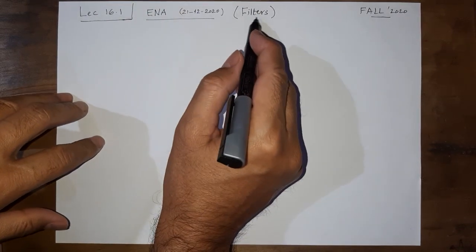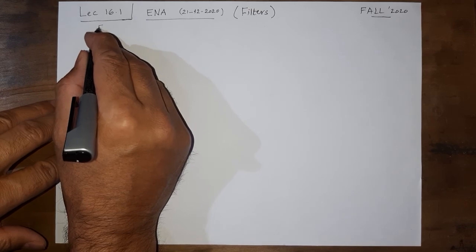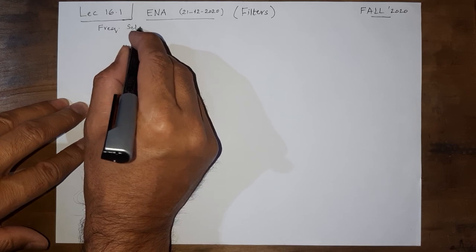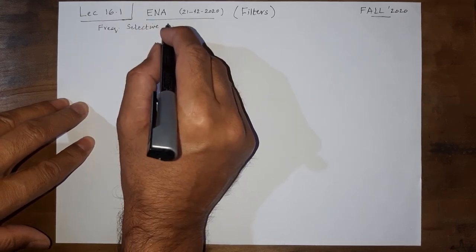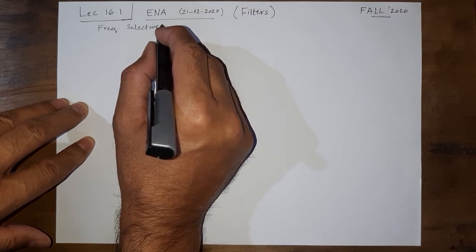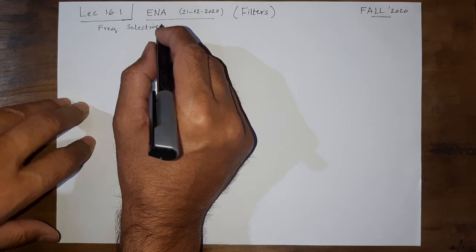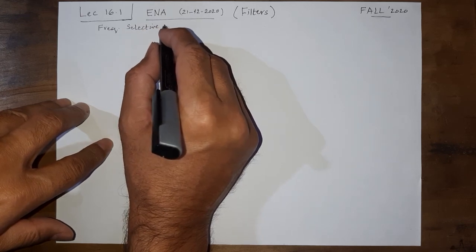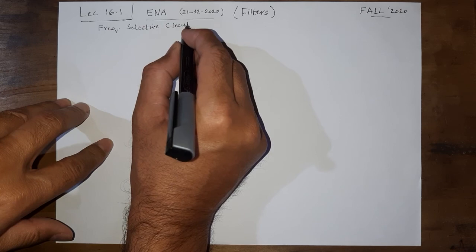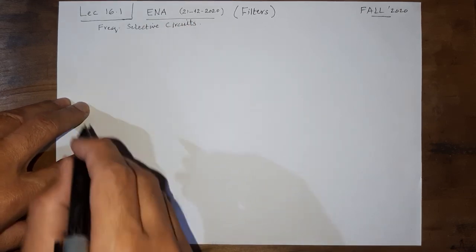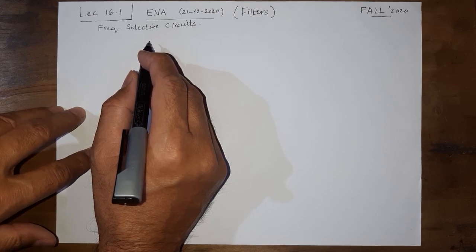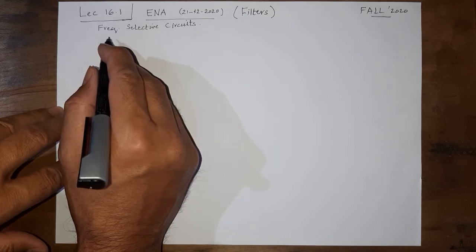We were studying about filters. Filters are frequency selective circuits. These are circuits that react differently to different frequencies. In fact, any circuit which is non-resistive, not purely resistive, behaves differently to different frequency signals, and these constitute a very important group of circuits that are used in communication and other electronic circuits or systems.